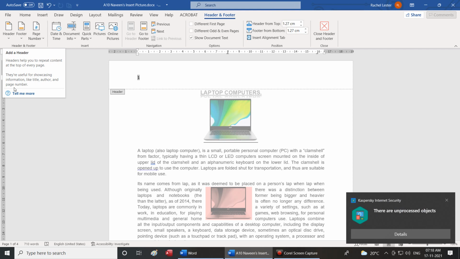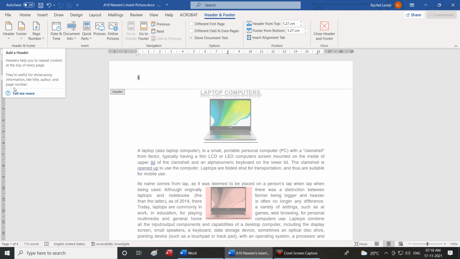Next para, you can also add or insert shapes, icons, lines, 3D models, etc.